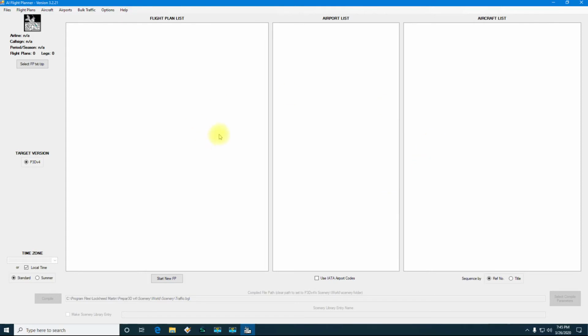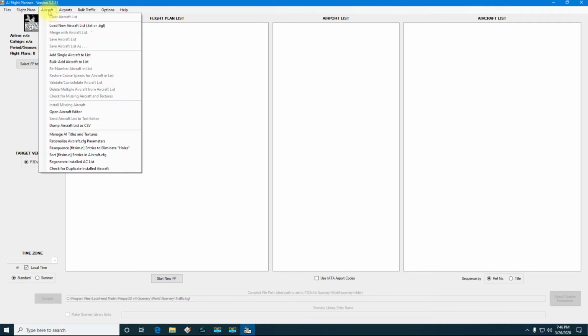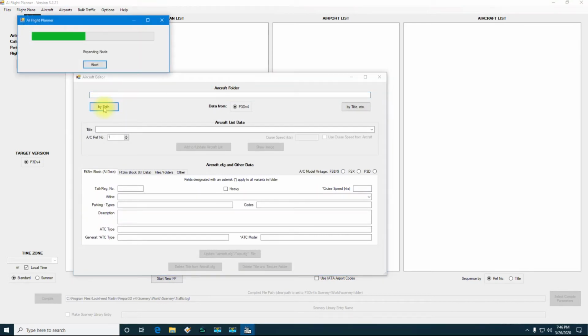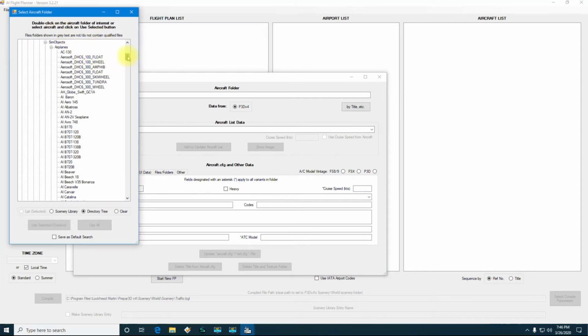So, like I said, you open it up. First thing you're going to want to do is click on that. Make sure this program recognizes where to grab the aircraft, which is where the compiled BGL file is going to go once you make the final compilation of this flight plan. But anyway, what we want to do is go up here, select an aircraft, and in my case I'm just going to add a single aircraft. Click there, and just click there. Now it knows right where those aircraft were, where I just showed you a second ago,